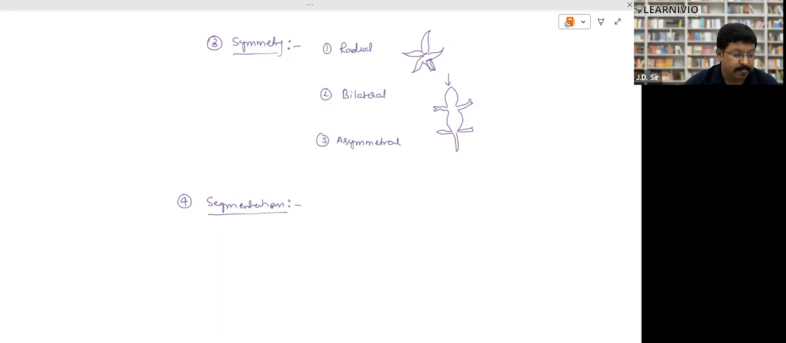In segmentation, the first kind is metameric segmentation. Can you tell me what metameric segmentation is? In metameric segmentation, this is called true segmentation. In true segmentation, suppose this is an organism. If the body is divided,